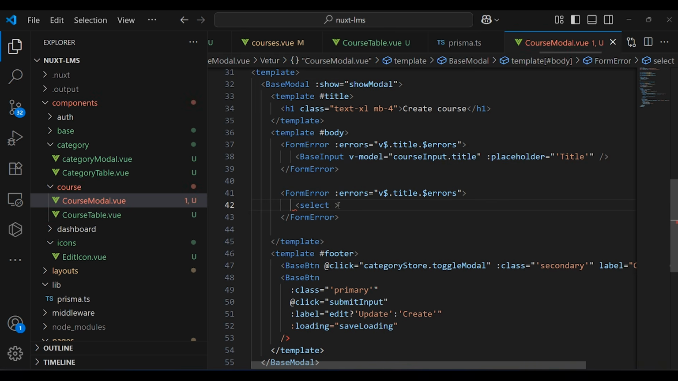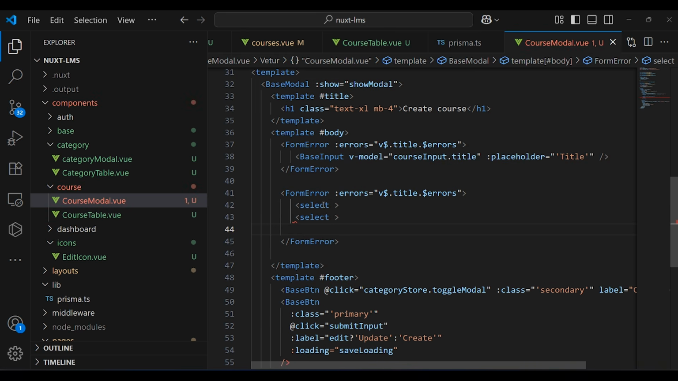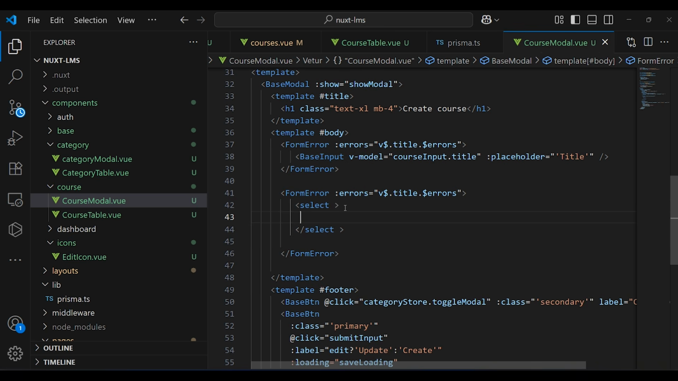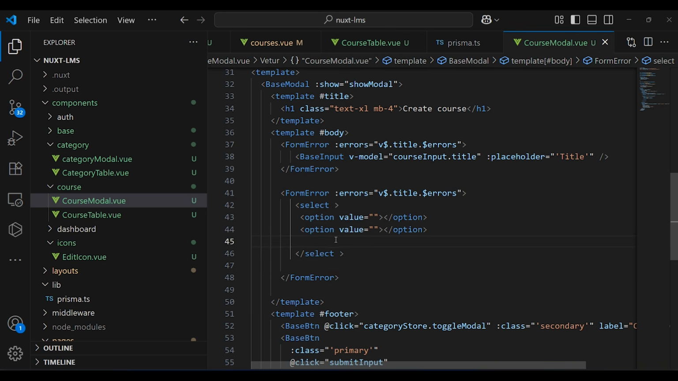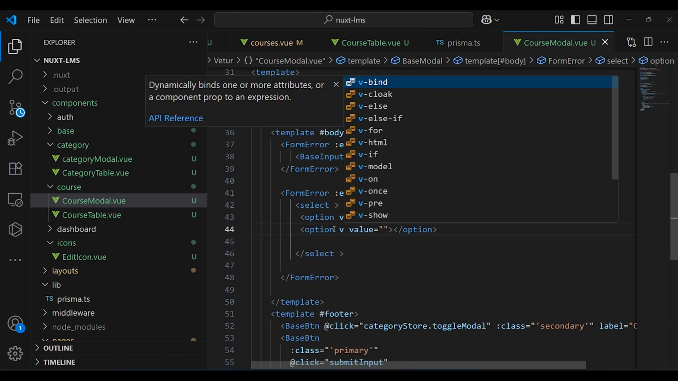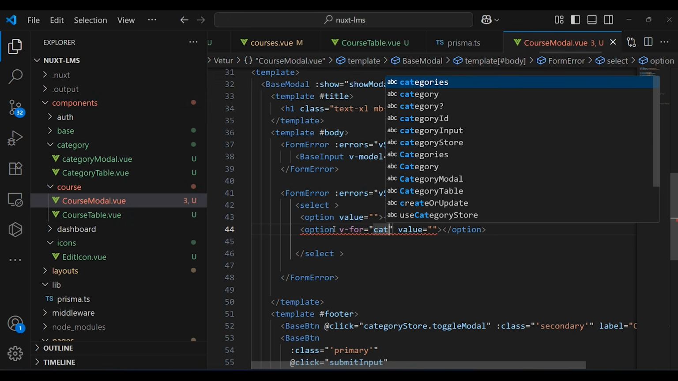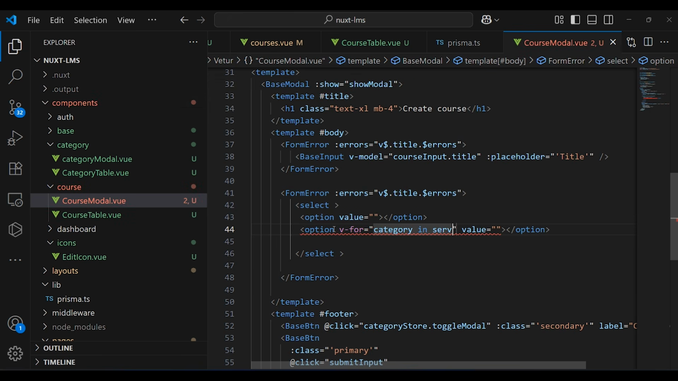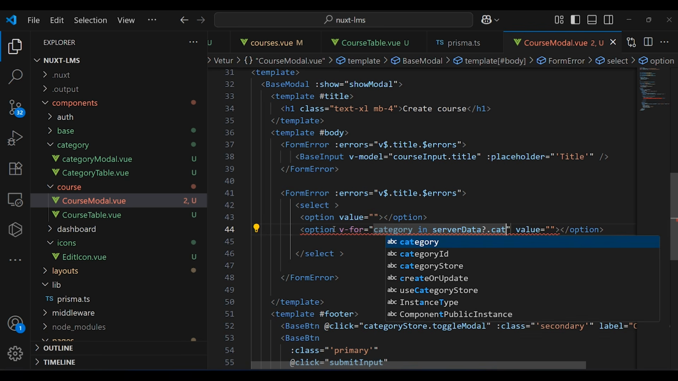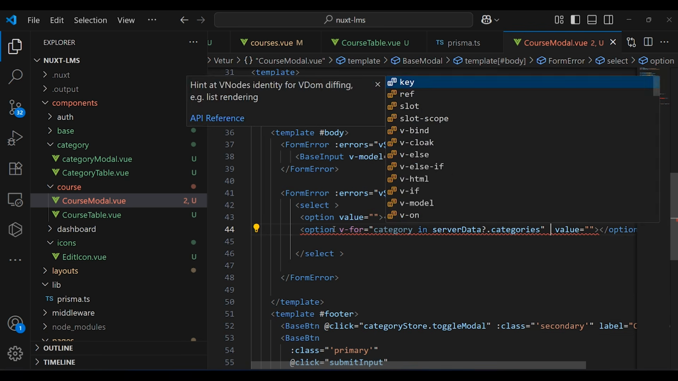Okay, and in here, guys, we're gonna pass the select tag an array of categories. I'm going to do this. We're gonna pass here an option tag, and we're gonna pass here another one. We're gonna pass a v-for, okay, and then pass a category in saveData.categories, okay, and in here